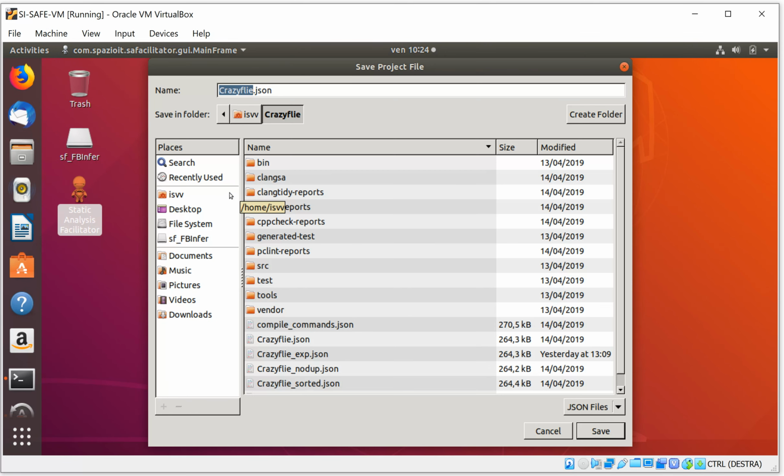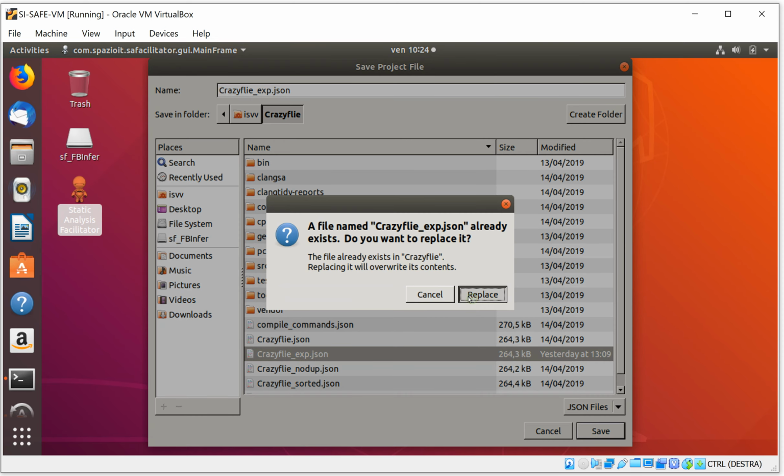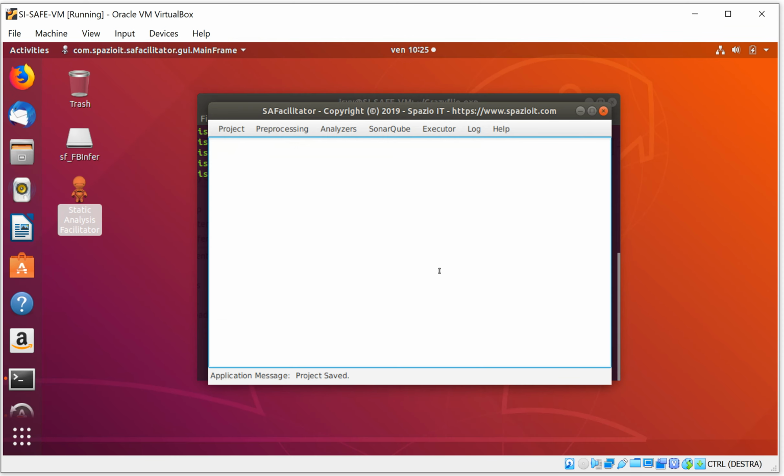as crazyfly_exp. It already exists, it doesn't matter because it's called it that way because it's working on expanded files that are produced by the preprocessing activity. So we save it. Of course we replace it. Okay,